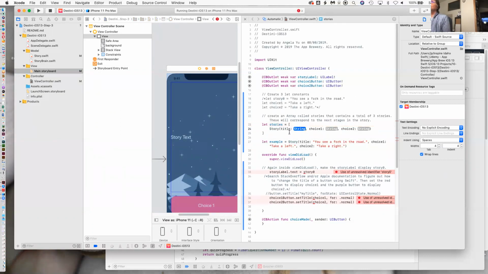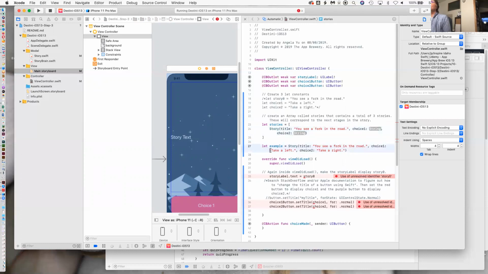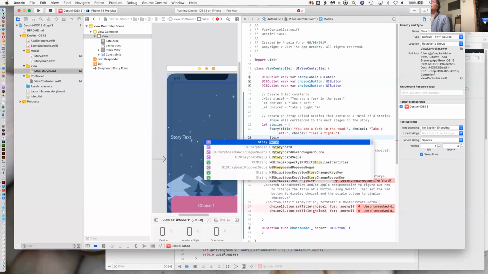And then we're going to have this one, you see a fork in the road. Take a left. Take a right. And now we don't need this thing anymore. So let stories equal one of these, and then we do a comma, and then we say story,